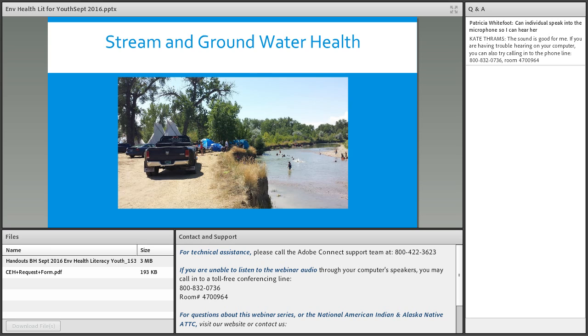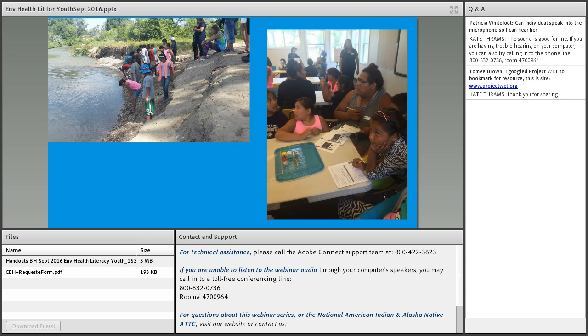And so we learned about stream assessment. We took samples from the water to test for microbial contamination, and the second slide shows where we visited